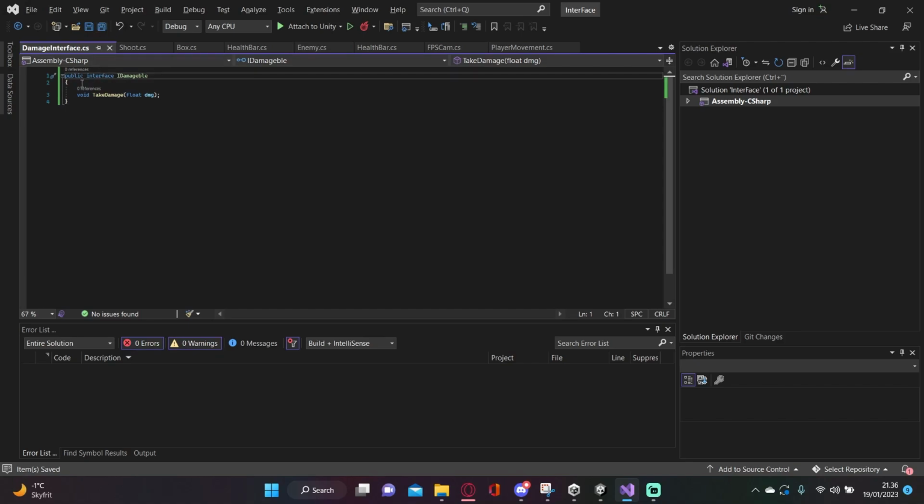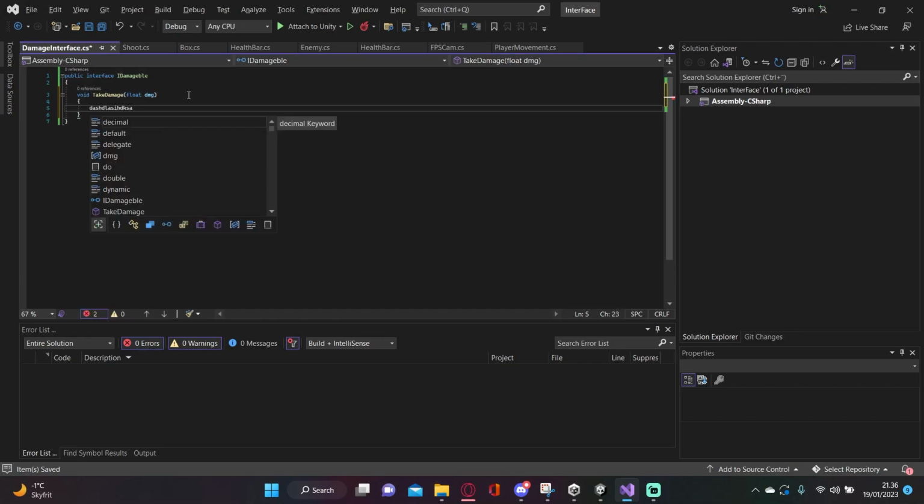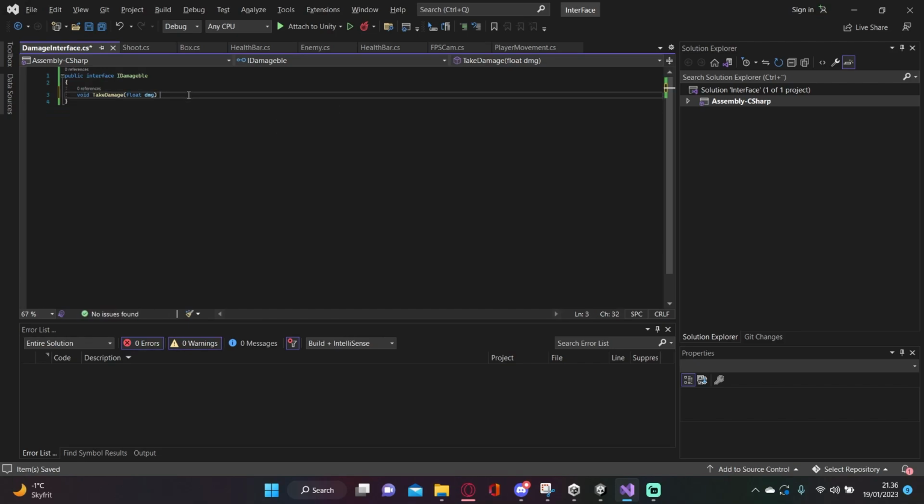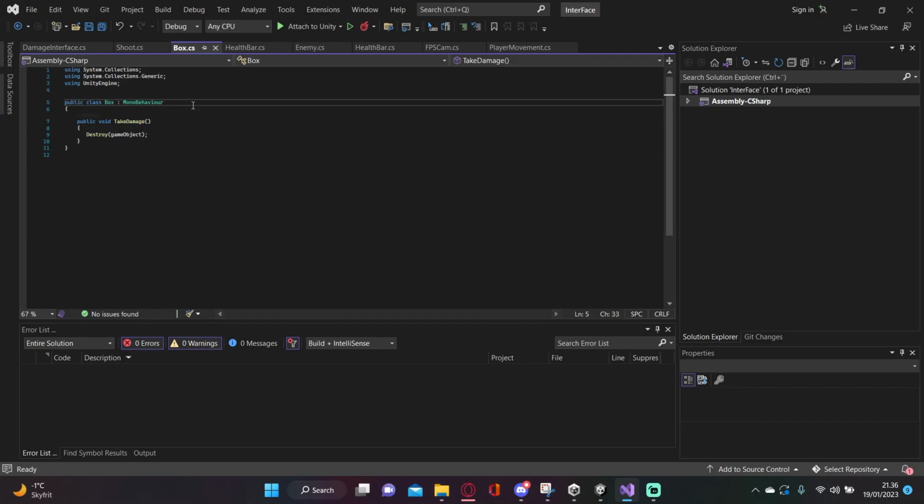So in the interface, it has a requirement to include this TakeDamage function, but it doesn't have a body like you're used to, like this, and then you have some code. But no. With an interface, you just define that this void needs to exist. This IDamageable interface we can then add on, for example, to a box,